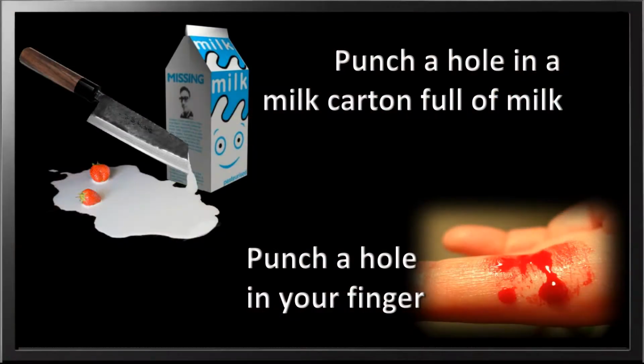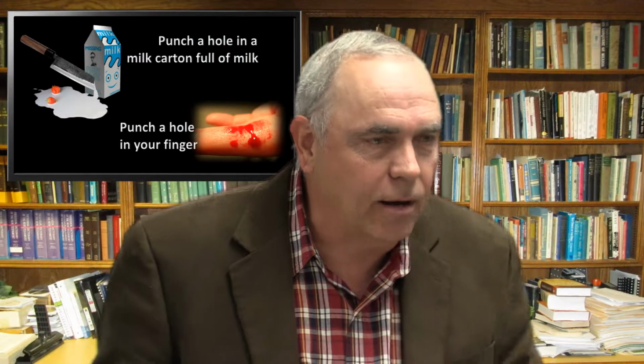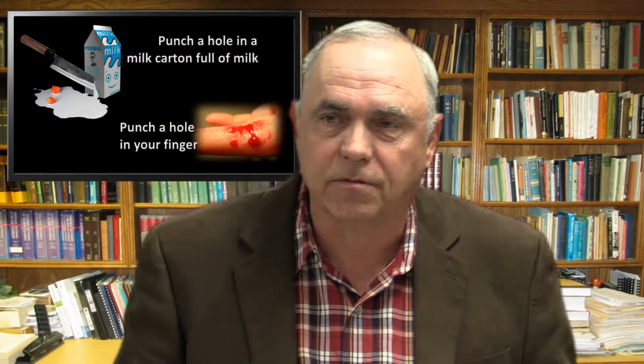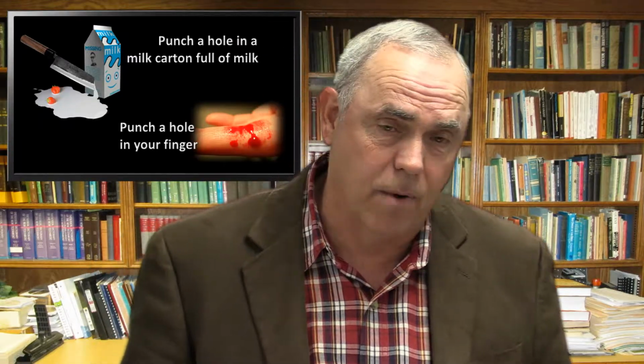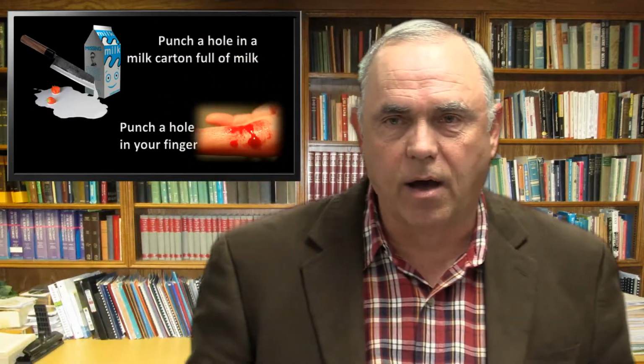If I were to poke a hole in my finger, do you think I would bleed to death? When you go to the doctor and you give blood, or you go to the lab and you get blood, do you bleed to death? Well, you might if you had a severe bleeding disorder, but you probably wouldn't have made it to that point if you had that bleeding disorder. So the body is made so that we don't bleed to death when you get a simple cut. Now, with a big enough cut, your body can't clot fast enough. But obviously, you're going to be able to survive minor cuts and scrapes because your body clots.